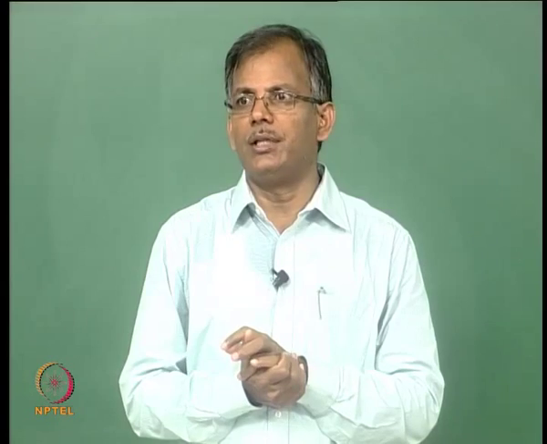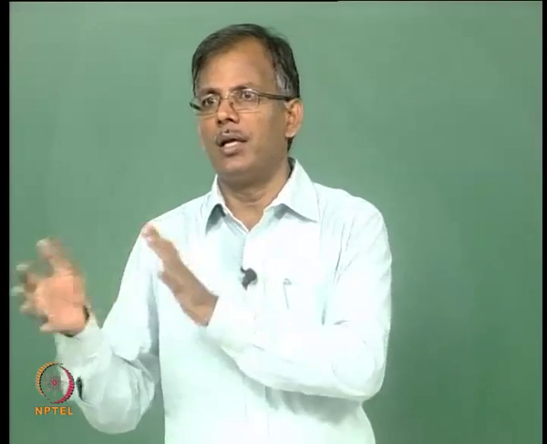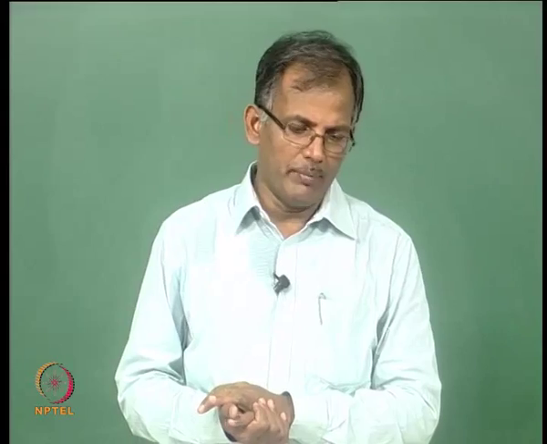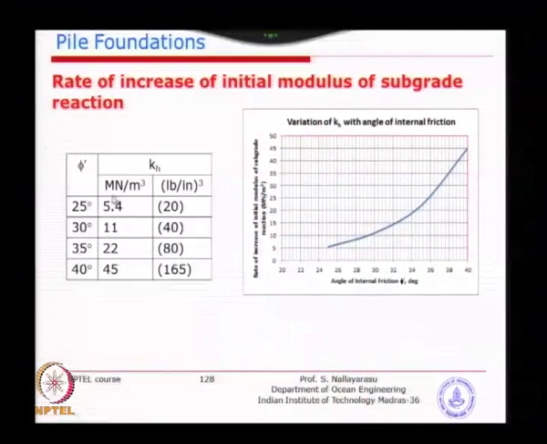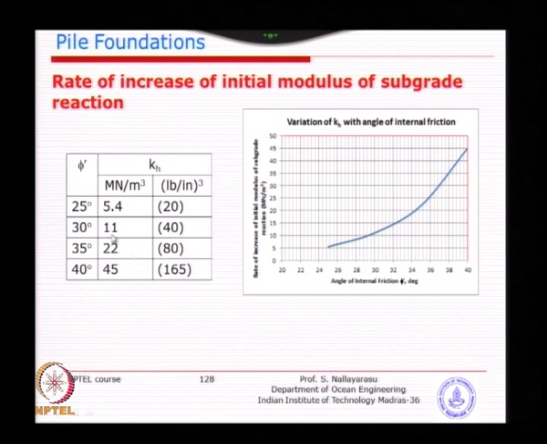That means the strength increases tremendously as the angle of internal friction goes higher by 15 degrees. So, you need to remember the ranges of values. If the values are not known, you should be able to either pick from the graph or just use the relevant values of k. Of course, I have also given the values in terms of lb per cubic inch, because the original graph is drawn in that; it is converted to metric units.